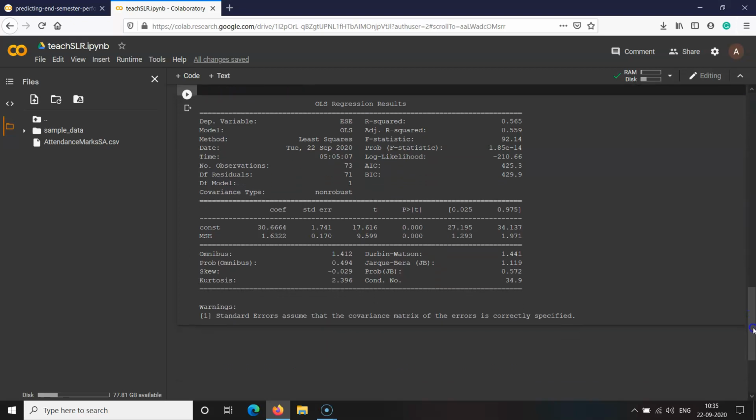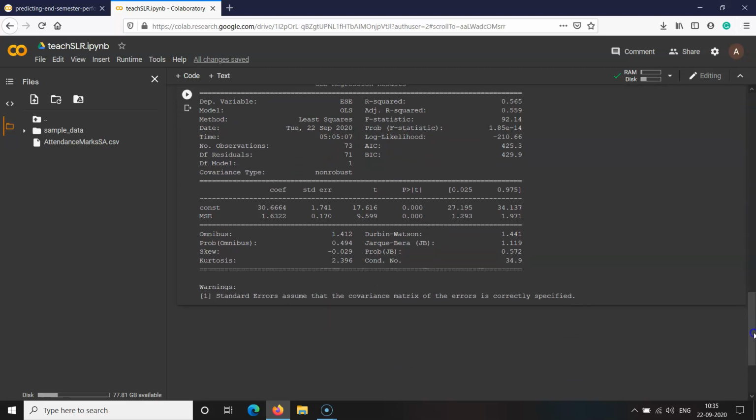Here the quality of beta 0 and beta 1 is usually measured, as we have seen, using the t statistics and the p-value. For beta 0, that is the constant, the value of t is 17.616, and it is very much greater as compared to 1.741.